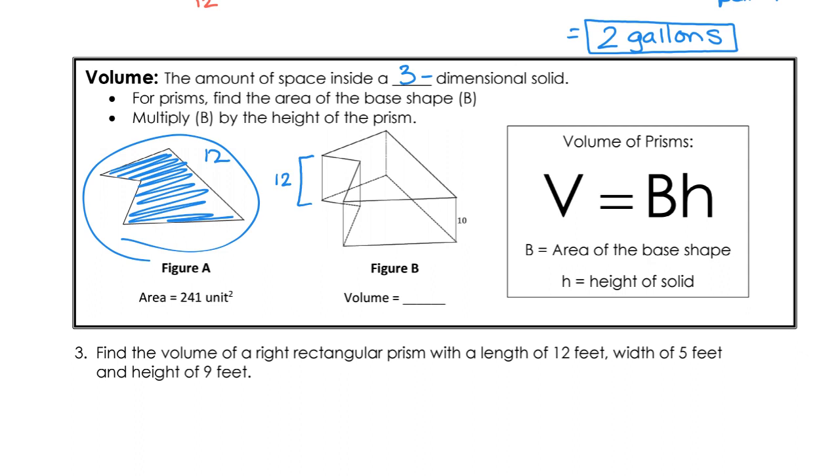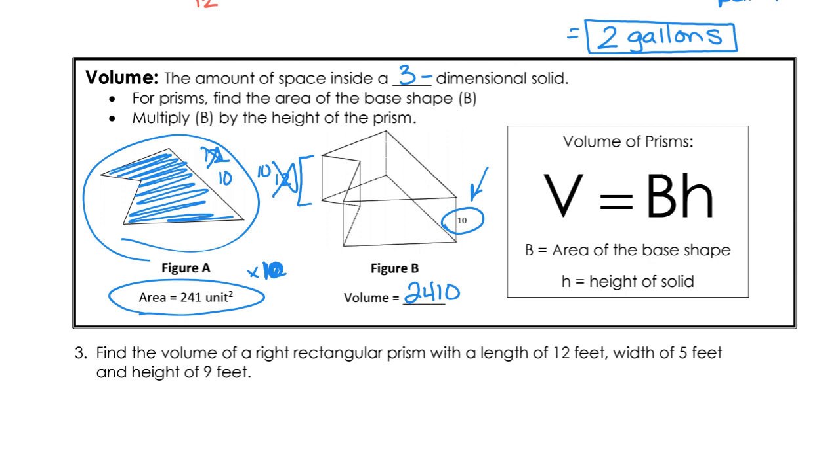So we always find out what the area of this is. And then we multiply it, let's say, by 12, because there's 12 of them stacked on. Oh, actually, it's not 12, it's 10. I didn't even see that over there. So let's say that there's 10 of them, because it's already over here. So we're going to be multiplying the area of our figure in A by the height of how many figures are stacked, which they're saying is 10. And so we end up with a volume of